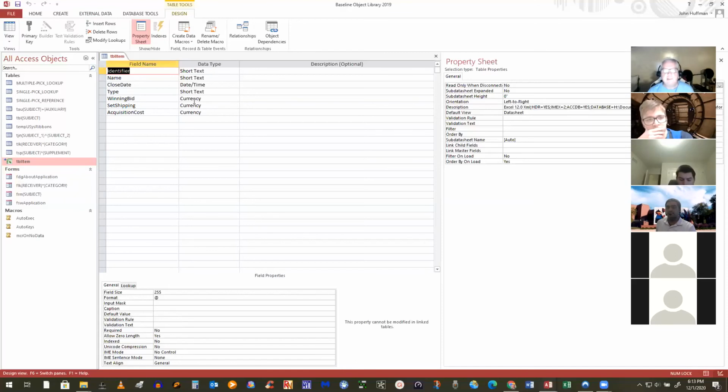But you see what I've got here? Look at the data types. It figured them out from the data that was in there. Now, if it couldn't, it would have asked me. If for some reason it couldn't figure out that it was a short text field, it would have prompted me: what do you want to use for the type of that field? And I would do that then.